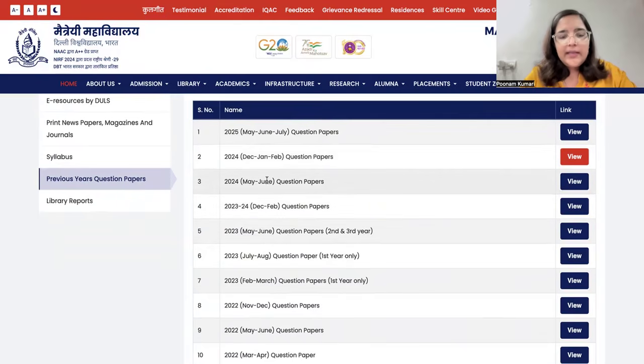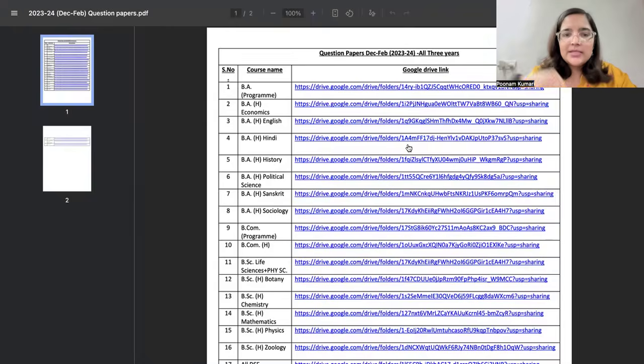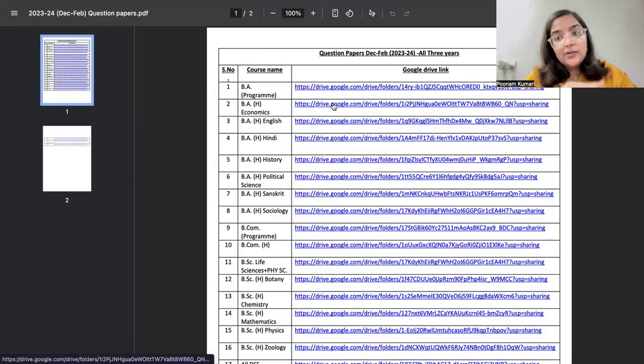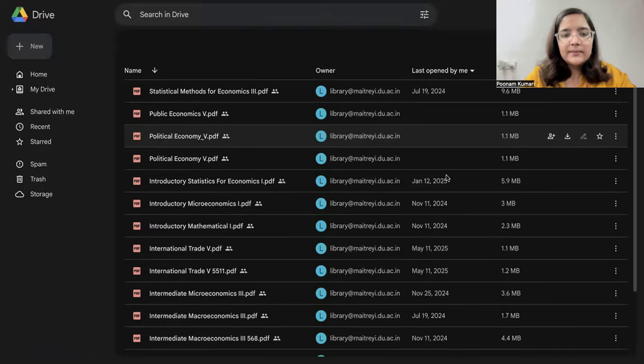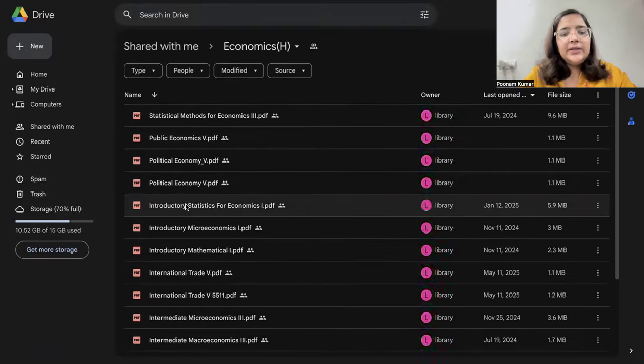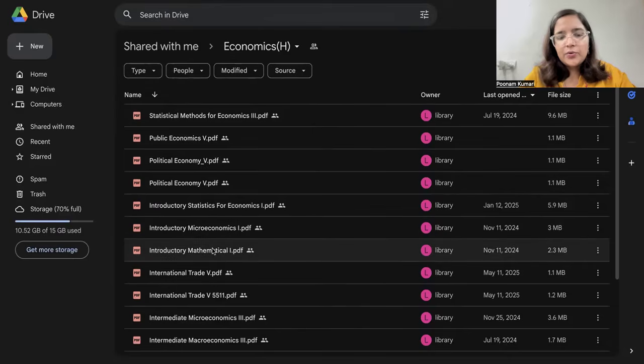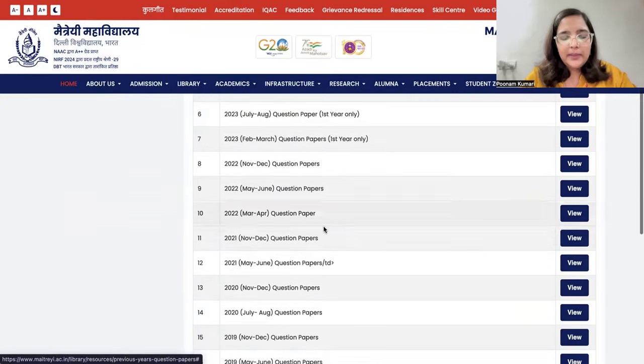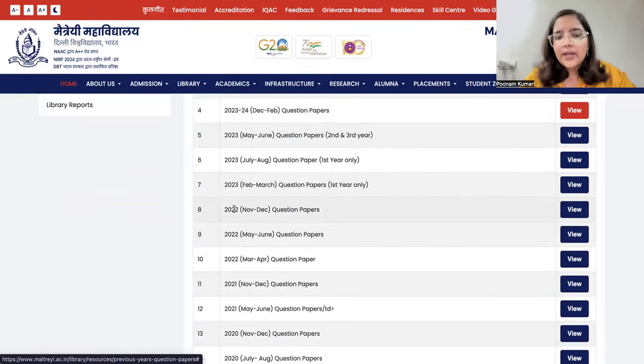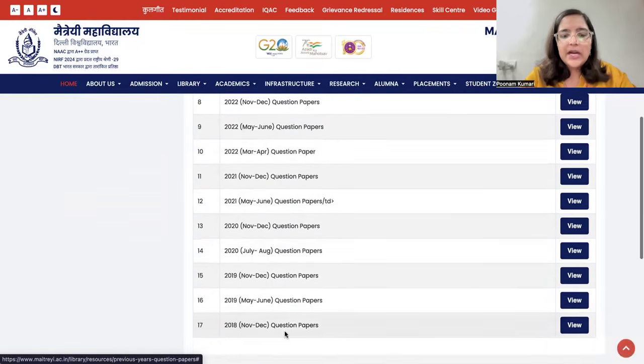Okay. Similarly, so then 2024 May, June, which is even semester, 2023, 24 December, February question papers. So ये तुम्हारा semester 1 के papers यहाँ पे मिलेंगे 2023 वाले. So then you can just check introductory statistics, introductory micro, introductory mathematical methods. So this is how you can keep a track of the papers, and not just 2022 के पहले के papers भी यहाँ पे uploaded है till